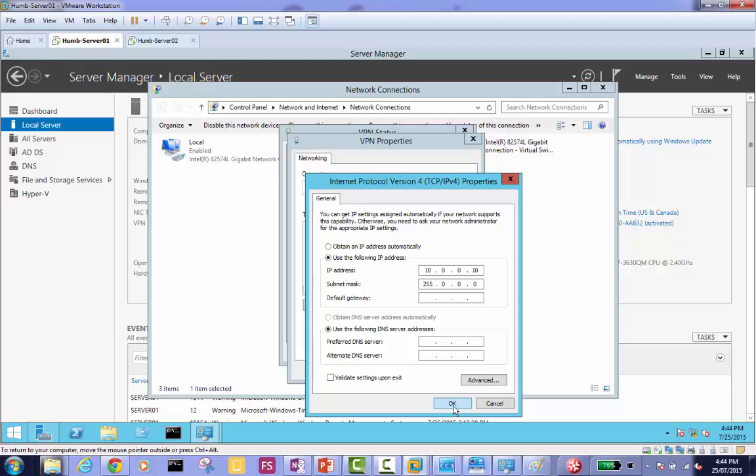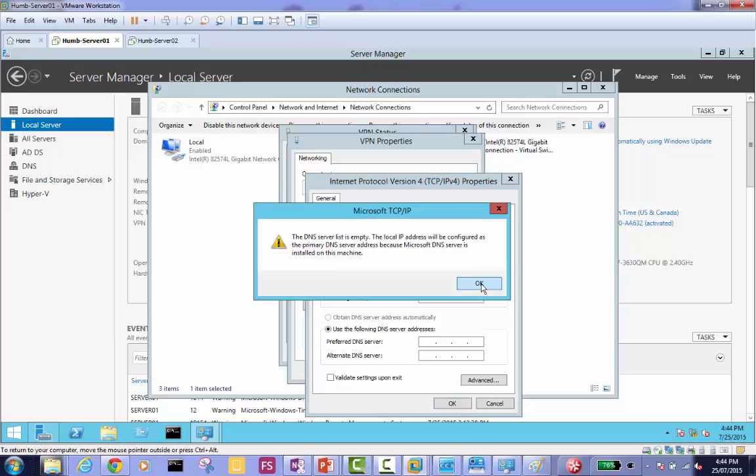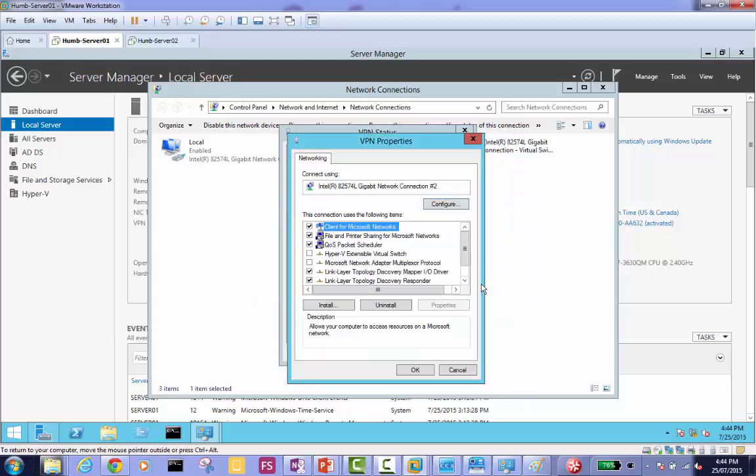Press OK. If you get a message, just press OK and ignore that. No gateway. We are in a LAN, that's why no gateway. Otherwise, in production, it's a totally different way to configure that, but the concepts and the results will be exactly the same, just like an actual VPN server. Press OK here, the DNS server list is empty. Press OK. Done.